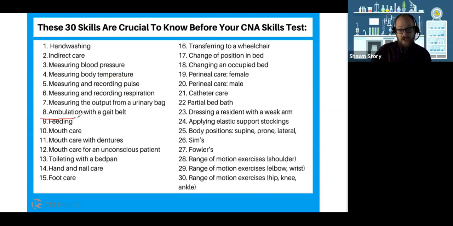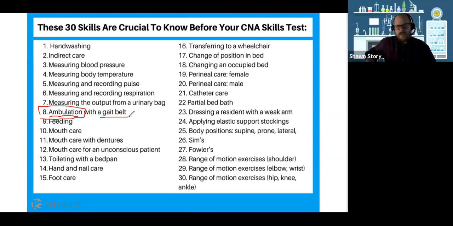All right, ambulation is going to be a new word. When you hear the word ambulation, that has to do with the idea of moving, whether a patient is able to move themselves or not. If a patient is ambulant, that means they can physically move themselves. They can get up, they can walk. They might just need some assistance getting up and getting down, and you're there to help them. A gait belt is a tool that they wrap around a patient to help guide them when